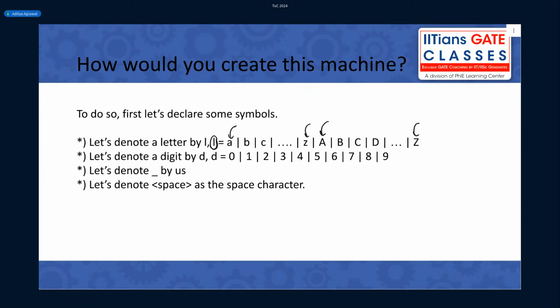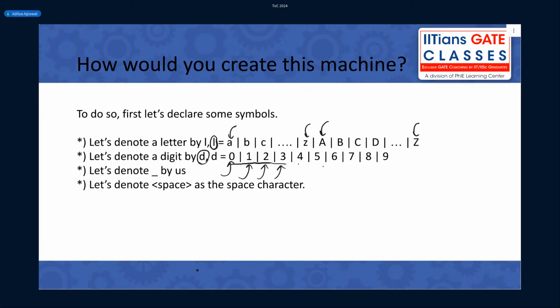Okay? Similarly, let's denote a digit, any digit. How many digits do we have? We have 10 digits in the decimal number system, from 0 to 9. So the digit, I am denoting it by letter D, could be either 0 or 1 or 2 or 3, 4, 5, 6, 7, 8 or 9. Any other digit can I have?